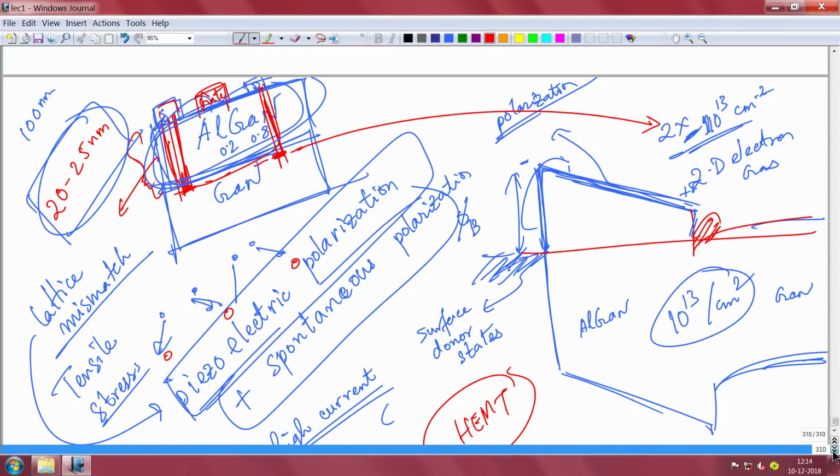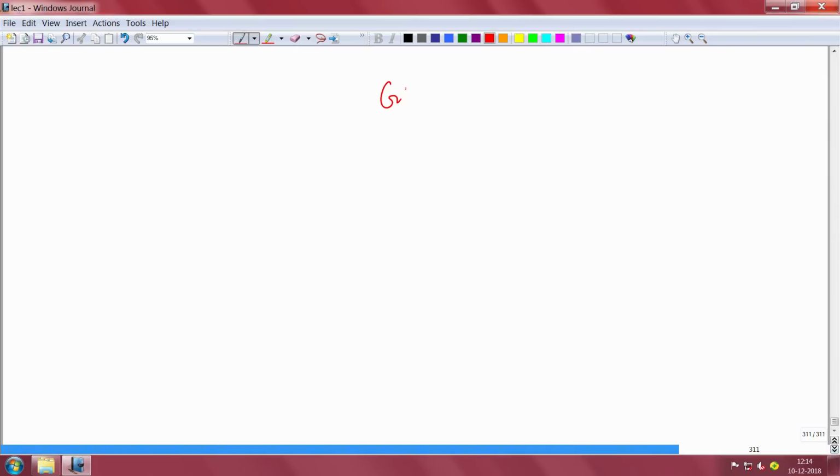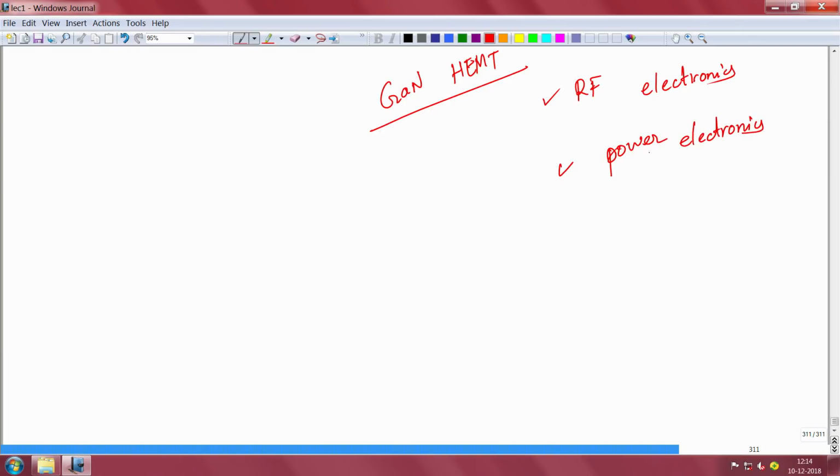I'll just tell you the applications. These gallium nitride based HEMTs are now increasingly entering the market and giving tough competition to silicon in two areas. One is called RF electronics, and one is called power switching electronics or power electronics. Okay, so in these areas, in this area of RF electronics you also have silicon and you also have gallium arsenide technology. Gallium arsenide is for super high speed, very high frequency, but the power output it can give is much lower of course. Silicon, because of its cost advantage, it is there, but the performance is not up to the mark